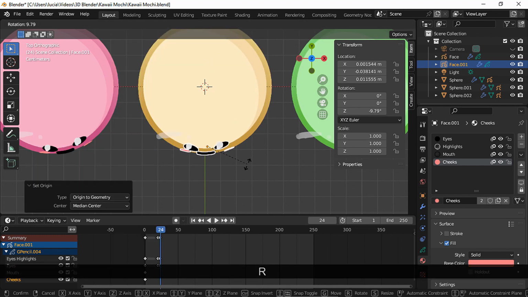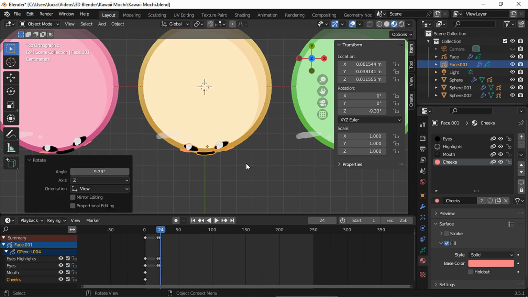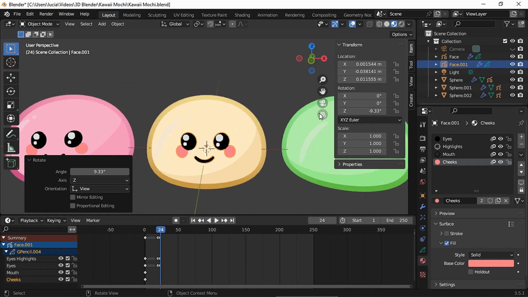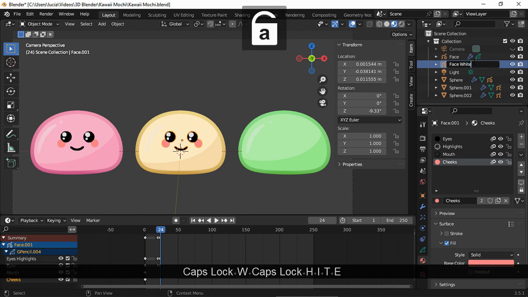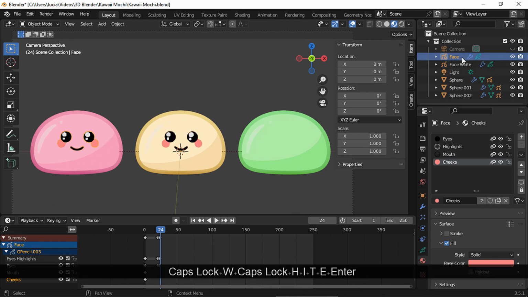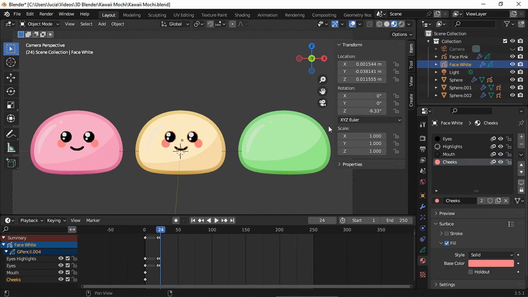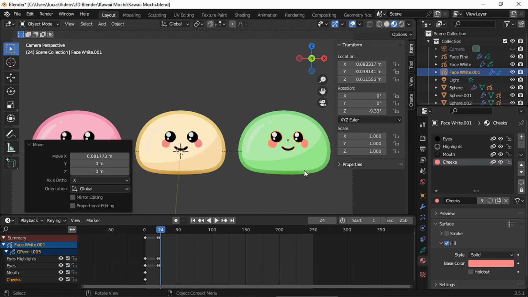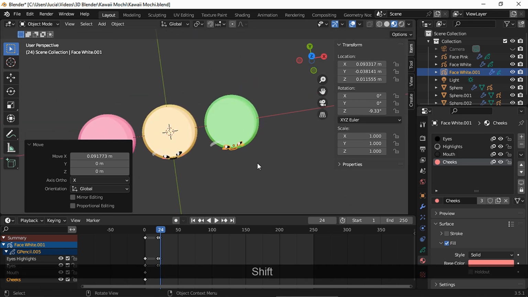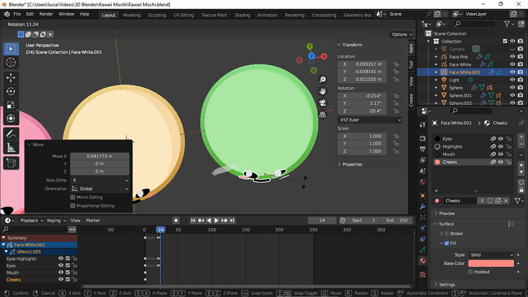And now let's rotate it. And now duplicate another one and place it. Let's rotate it a bit.